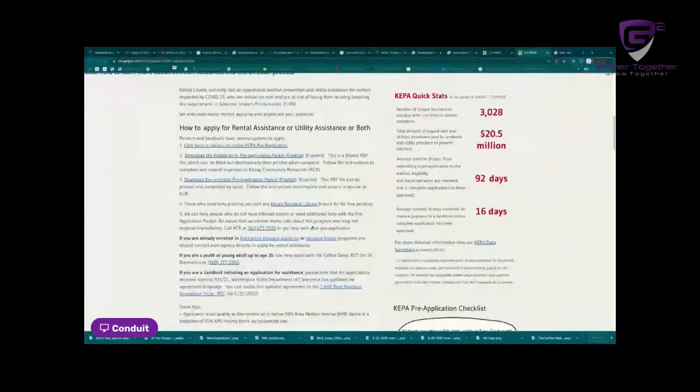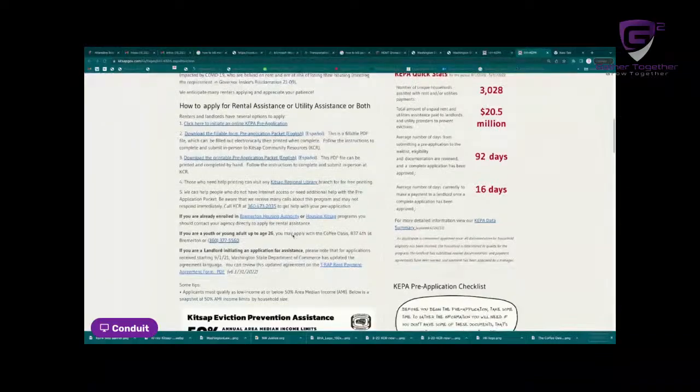Be aware that they receive many calls about the program and may not immediately respond. You can call KCR, which is Kitsap Community Resources, at 360 473 2035 to get help with your pre-application. If you're already enrolled with Bremerton Housing Authority or Housing Kitsap programs, you should contact your agency directly to apply for rental assistance. If you are a youth or young adult up to age 16, you may apply with Coffee Oasis, which is located at 837 4th Street in Bremerton. You can also give them a call at 360 377